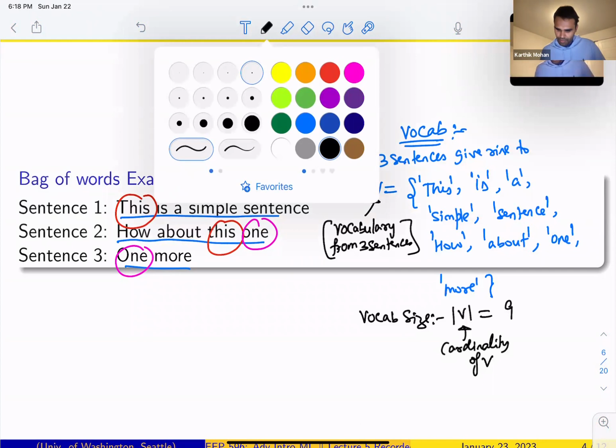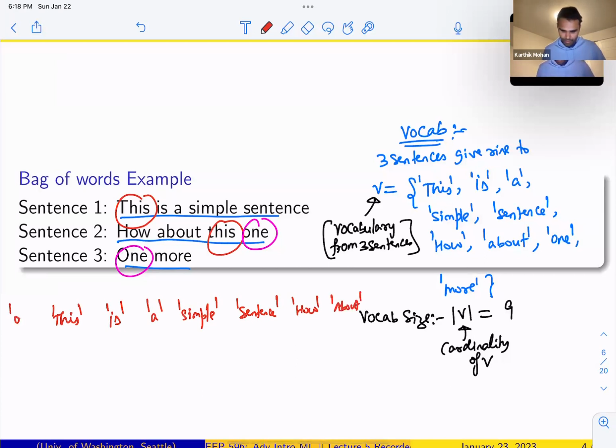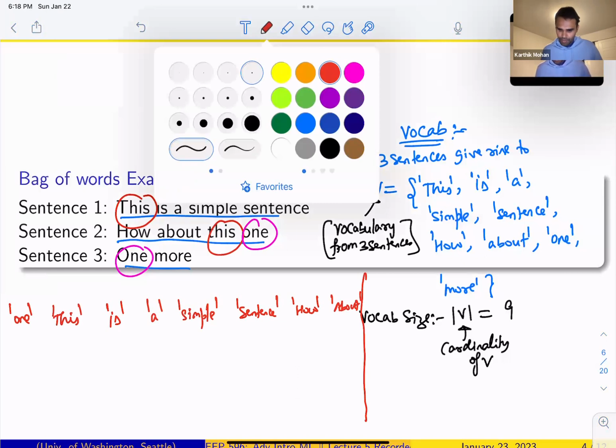So let me just put in all the words here. This is a simple sentence. How about, let me also put 1 here. So notice the order doesn't matter so much, but having a good representation here is important. So let's start with